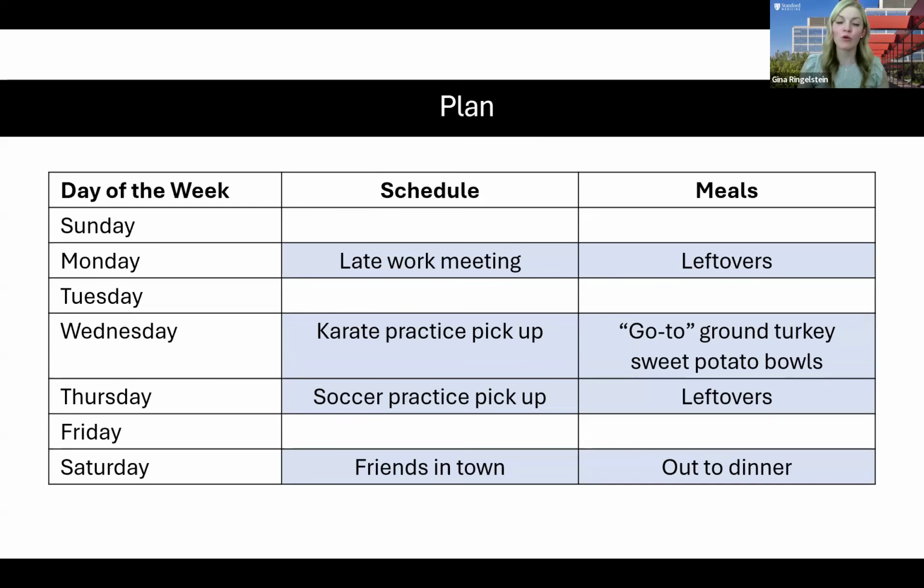Now, you might be thinking, well, great, Gina, we've talked about all of these things we're going to do when we're busy, but we still don't know what we're eating on the days where we have a little bit more time. And that's where I want you to think back to inventory, inspiration, and theme. And so if we move on to that, this is where you'll see those other ideas we briefly mentioned fall into play. So on Sunday, when we have a little bit more time, we're going to make this great big batch of 3 bean chili, which is utilizing all of those ingredients in the pantry.